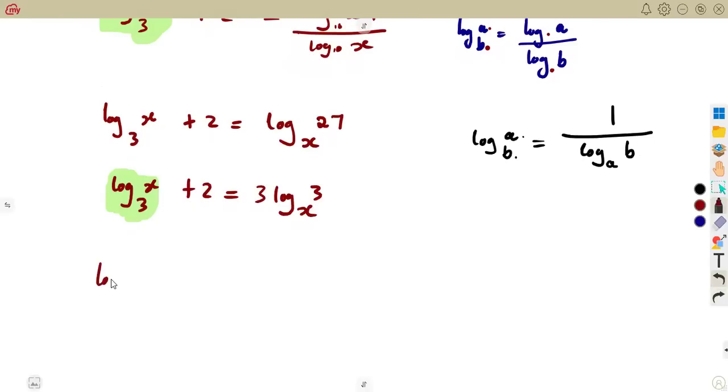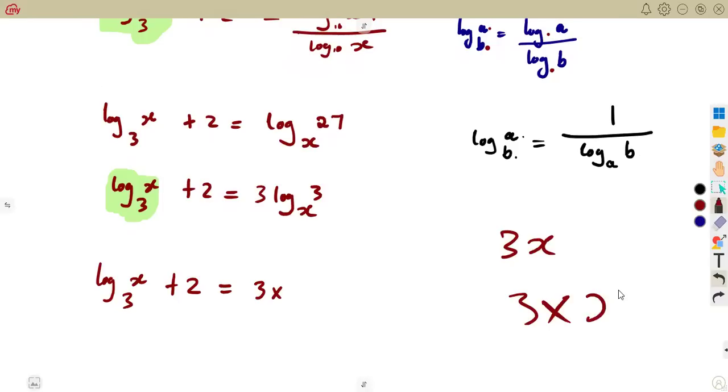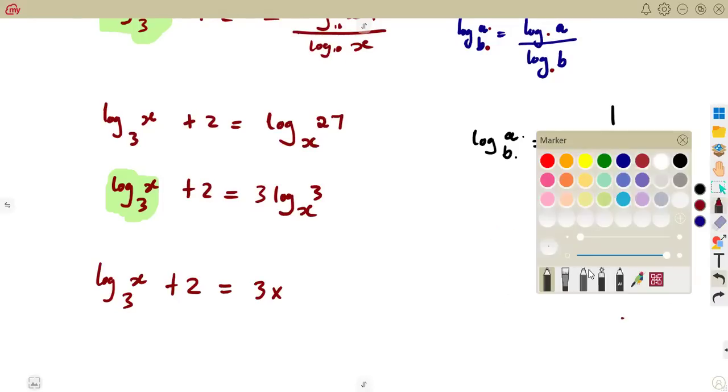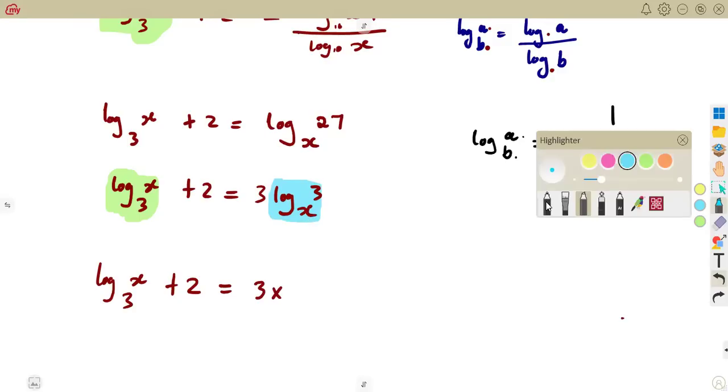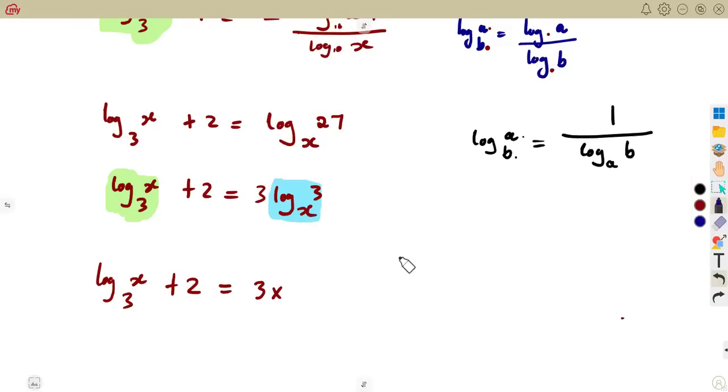So it means we are going to have log X base 3 plus 2 is equal to 3 times, take note, guys, we want to change this one. The 3 is not affected. This one, 3 is just a multiplication. Is just like 3x, 3 times x. So the 3 is on its own. We are focusing on the log here, the one that we want to change. This one. This is the part that we want to change. Log 3 base x. So how can we change it? The moment we introduce this 1 over this one. So it will be